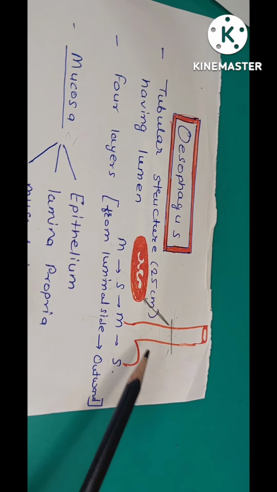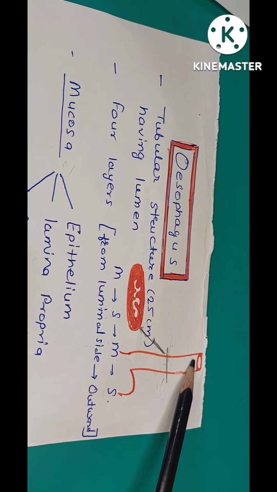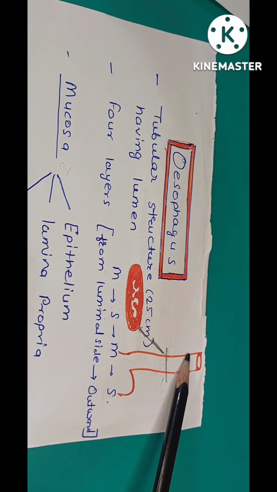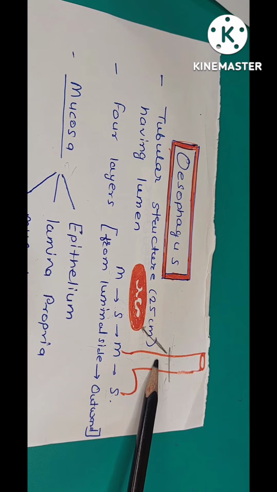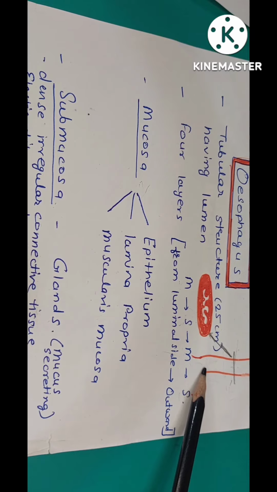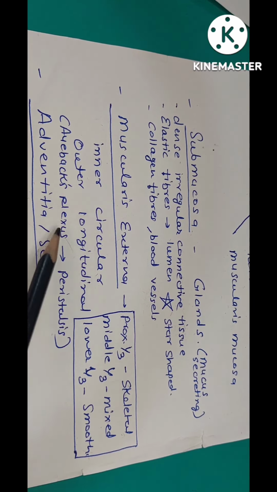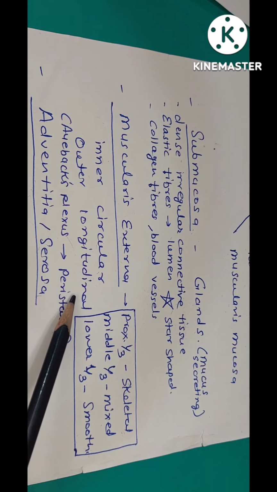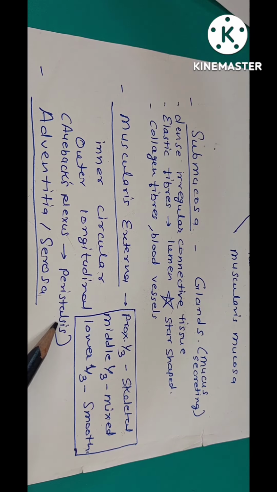Now as you can see, this length of the esophagus is 25 centimeter. The upper 1/3, which is near oral cavity, it shows the skeletal muscle or striated muscle in muscularis externa. While the middle 1/3, it shows mixed, that is skeletal and smooth muscle. While the lower 1/3, they show the smooth muscle in the muscularis externa. It has again inner circular and outer longitudinal layer. Between these two muscle layers of muscularis externa, there is myenteric plexus of nerves, also known as Auerbach's plexus, which is important for peristaltic movement of the esophagus.